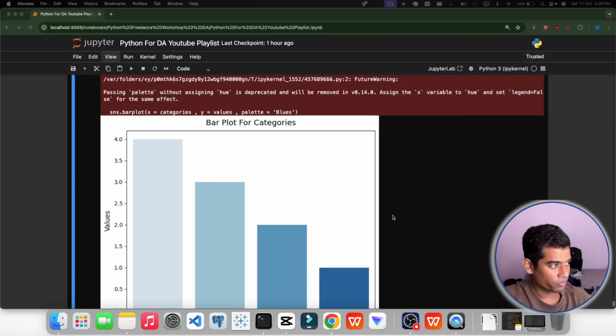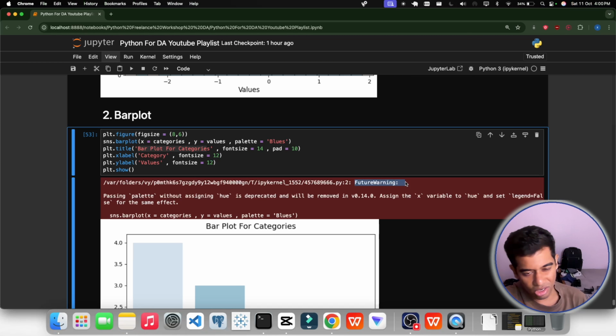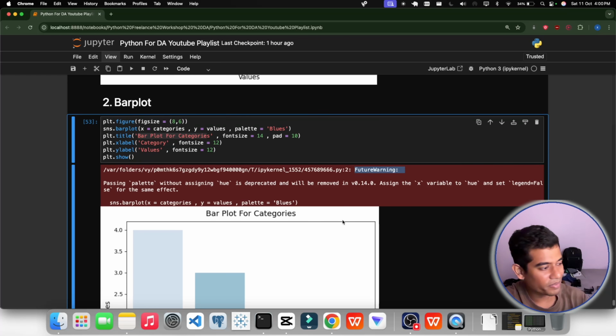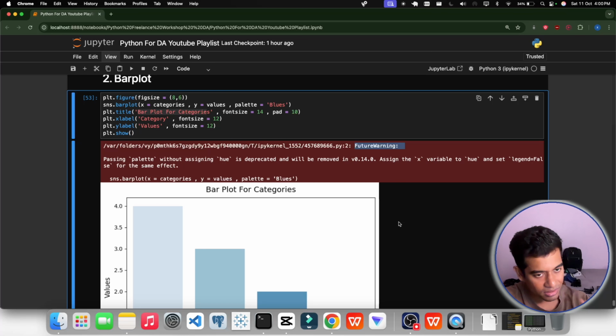So these are the codes for this, and don't worry, this warning is just a normal thing. No issue will be there in this. You will only get to know about an issue when there is an error. If there is no error, no worry for that. Future warnings, this kind of thing we can ignore. No use, let me tell you.